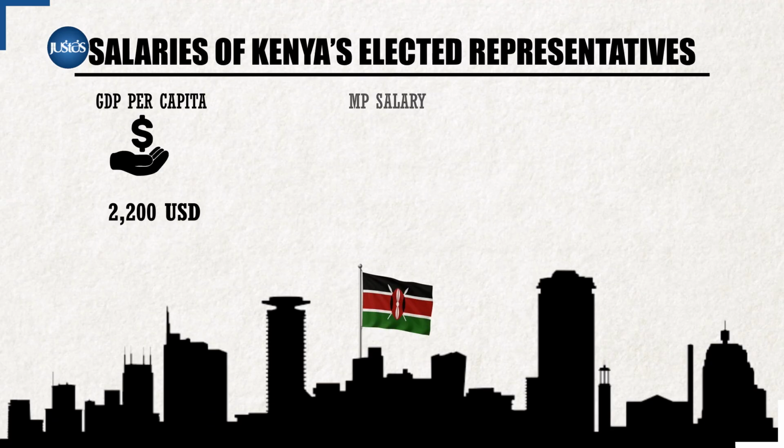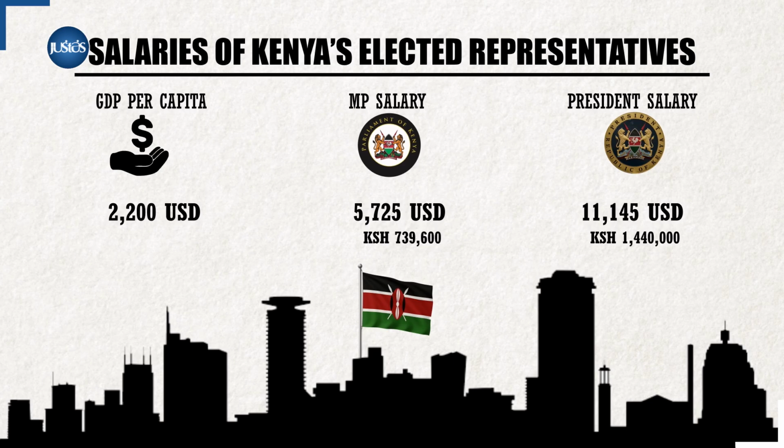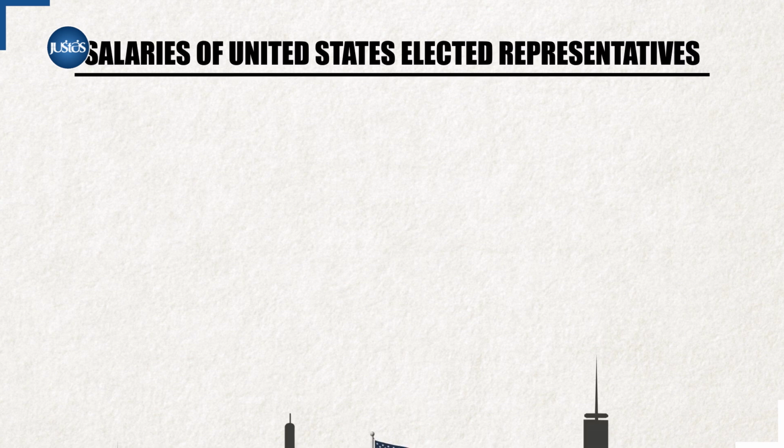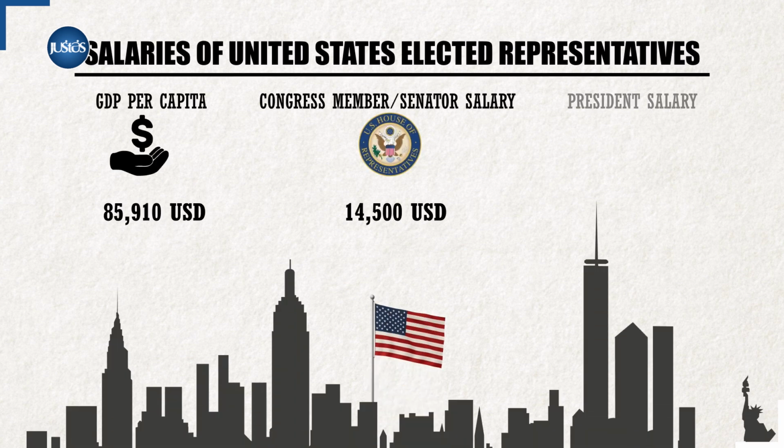In Kenya, where the GDP per capita is around 2,200 USD, the president earns a gross monthly salary of 1,440,000 Kenyan shillings, about 11,145 USD, while a member of parliament earns 739,600 Kenyan shillings, approximately 5,725 USD. In contrast, the President of the United States, with a GDP per capita of